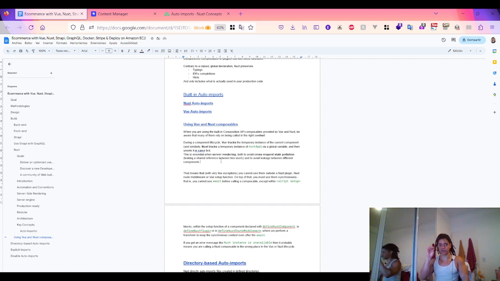And this is one of the reasons that you must use them synchronously. That is, you cannot use await before calling a composable except within script setup. You must use this Vue or Nuxt composable synchronously. That is, you cannot use await before calling a composable except in the script setup block,